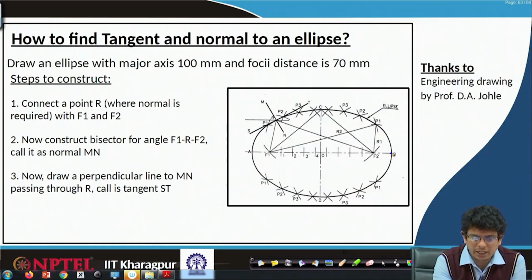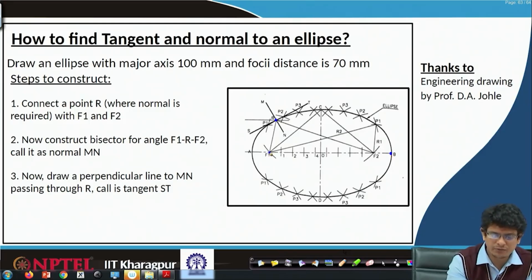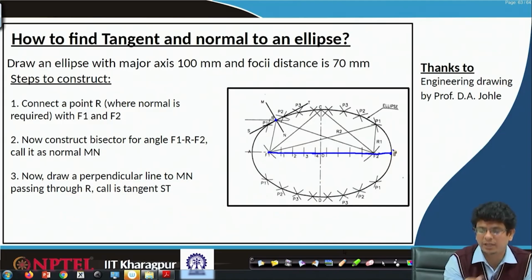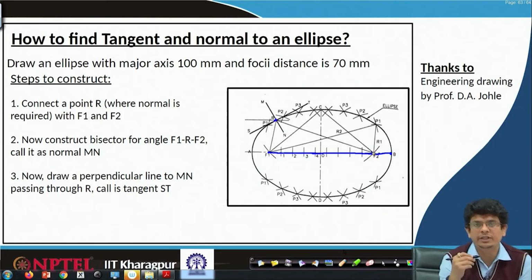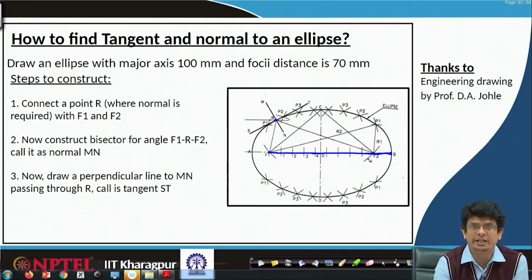If the point is straight away on the major axis, the general procedure is to connect any point on that curve with the two foci. So, if I am going to connect point B with F1, the line will be this one. Similarly, this point we are going to connect with F2. That means, for this point B, connect that again. Both are still making 0 degrees or 180 degrees, the equal division which comprises the same